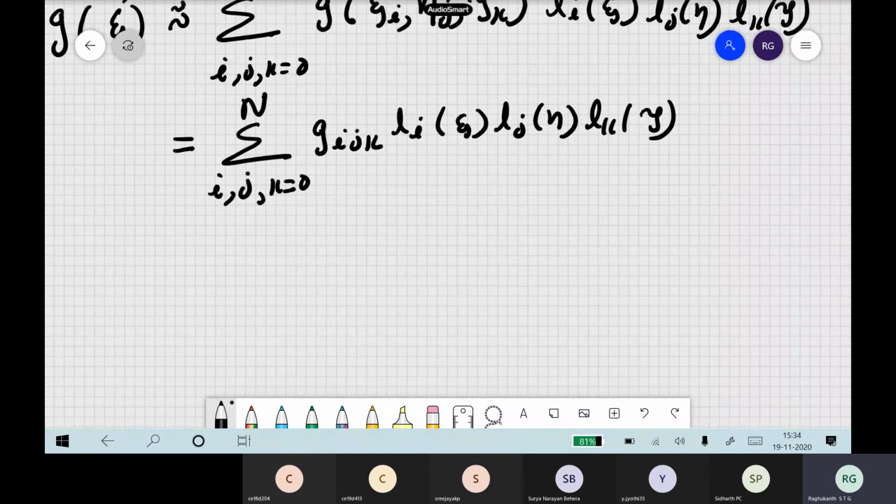Now there are some properties here. You remember that for these Lagrange polynomials, when you take psi as psi i, it becomes a Kronecker delta function, and all those properties are there. You have to keep this in mind. This is basically delta ij, and all those terms will come into the picture.